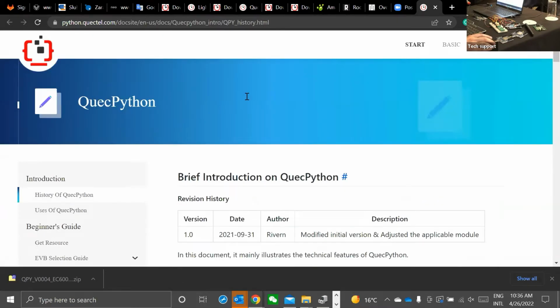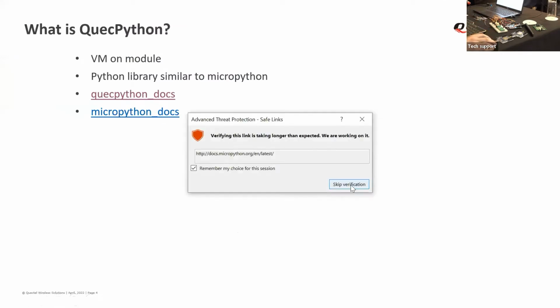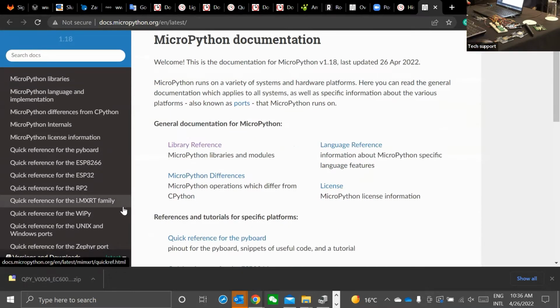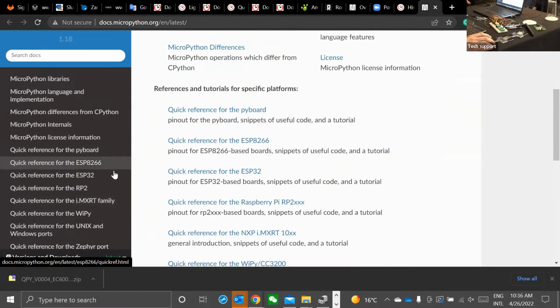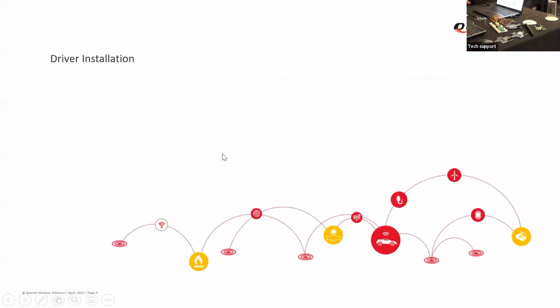But at the moment, I just want to point you to the link for the documentation for QuecPython. And because I talked about MicroPython, you could also look and compare with QuecPython. But the point was for this QuecPython not to be the same as the MicroPython documentation, in which you also have all the necessary things such as protocols and peripherals, I2C, et cetera, et cetera.